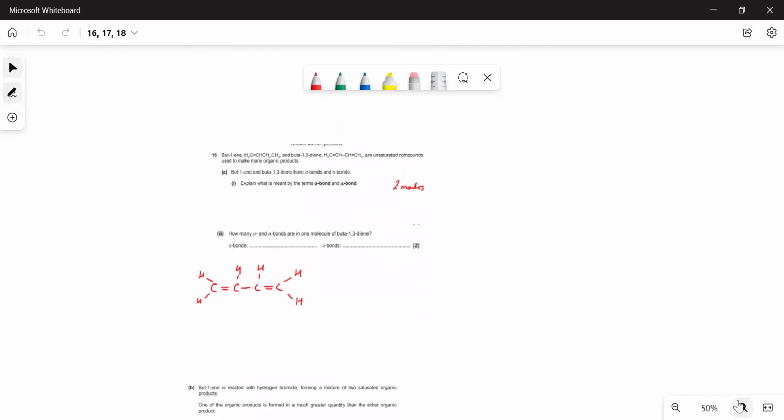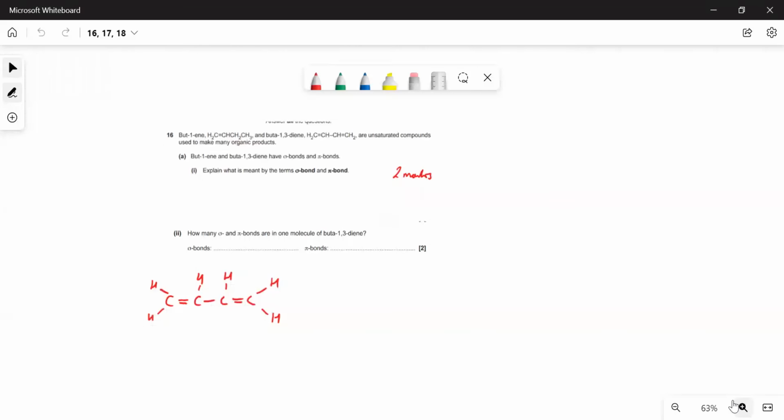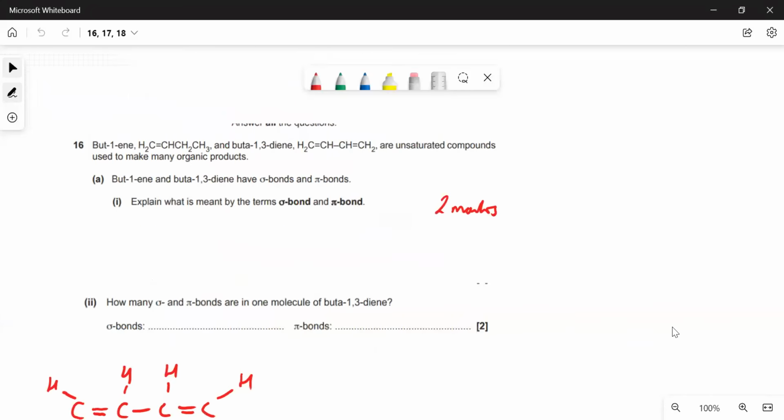Question 16. We've got but-1-ene and buta-1,3-diene, which are unsaturated compounds. Both have sigma bonds and pi bonds. What is meant by the terms sigma and pi? Well, the sigma bond